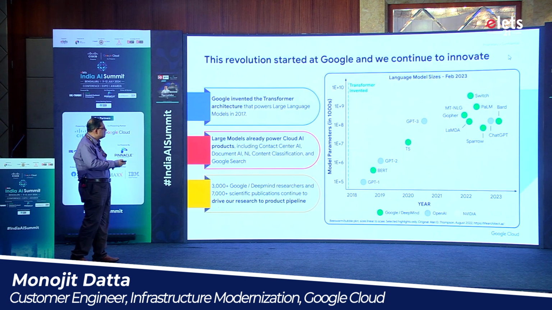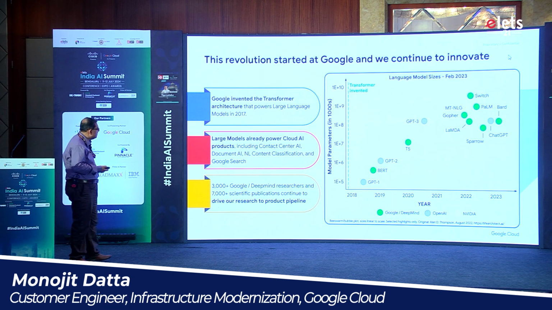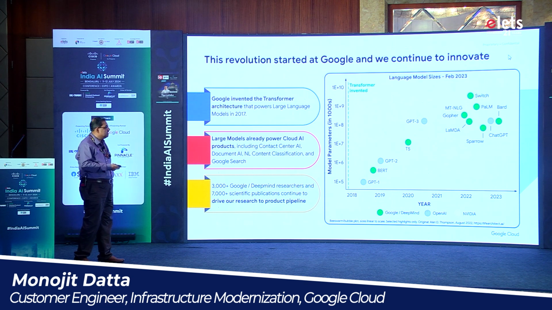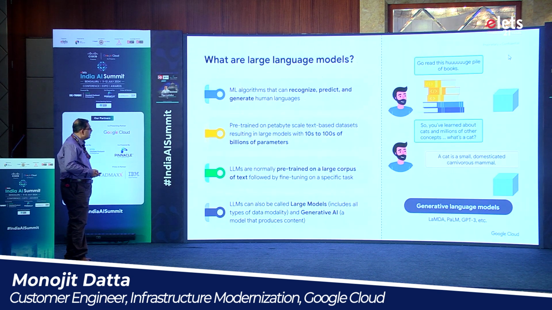Along with that, I'm just skipping these slides because this actually shows how we have evolved. One of the important things is that today, any service provider who is building generative AI capability, all the basis of that is the transformer, and the transformer was actually originated by us in 2017, published as a paper, and from there it moved on.